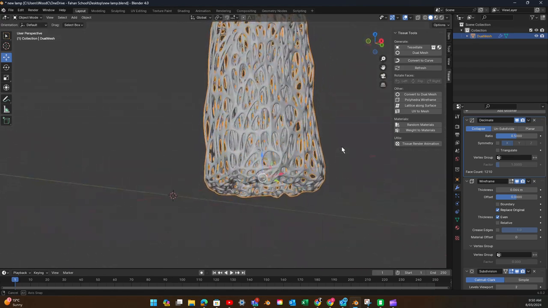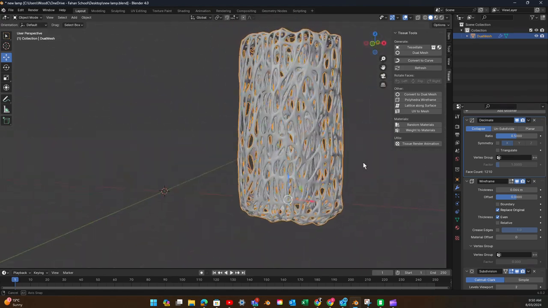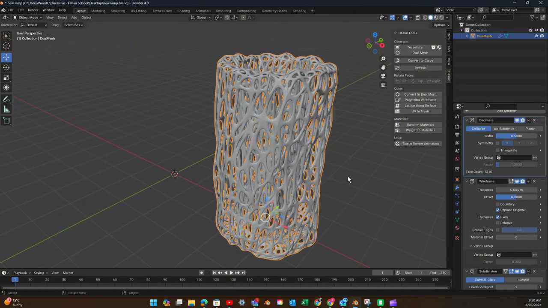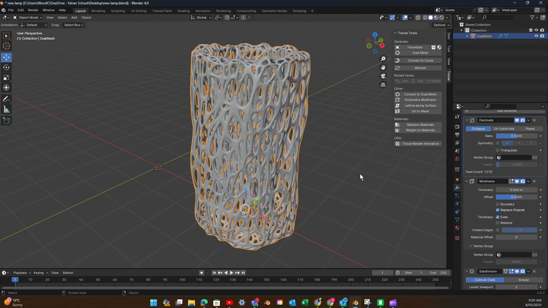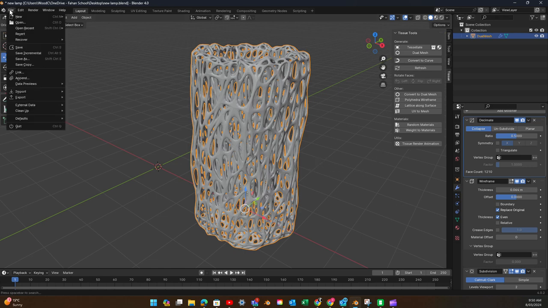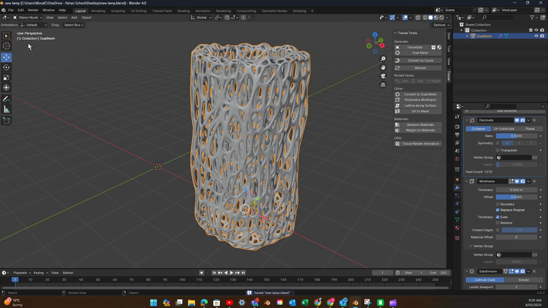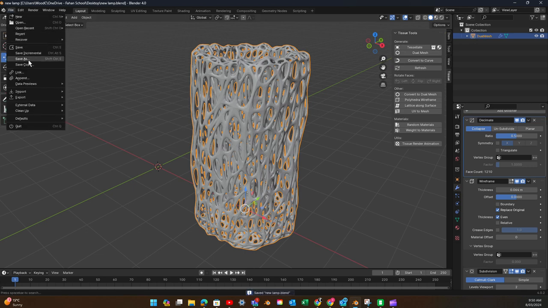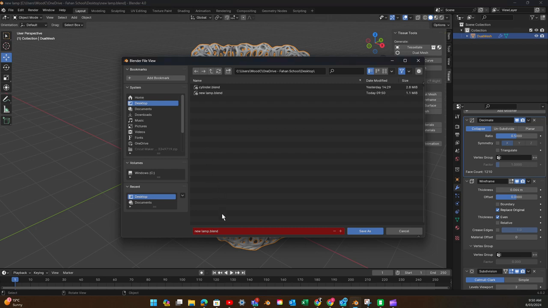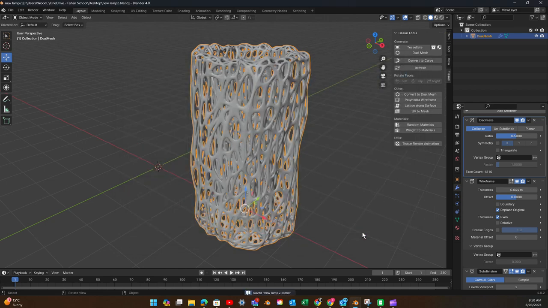Right, okay, so that is the basics of setting up the lamp, and it's pretty much done now. So I'm happy with how it's looking. There's a few other things I've got to do. So within Blender at the moment, this lamp, let's just do a save. So I'll go File, Save. That's good. And now what I'll do is I'll go Save As and call it New Lamp 2. Save As, because what I'm about to do is apply all these things here in our stack